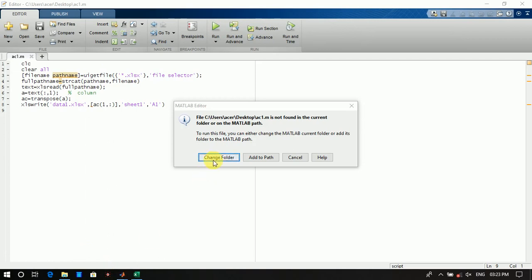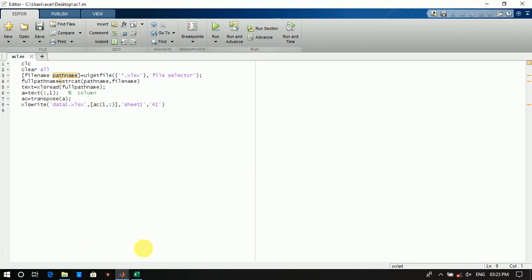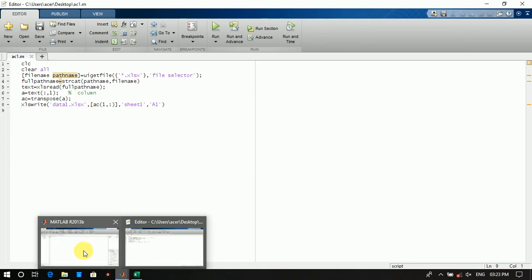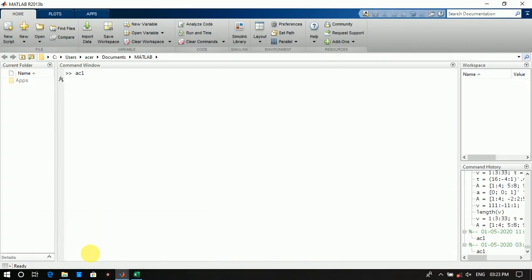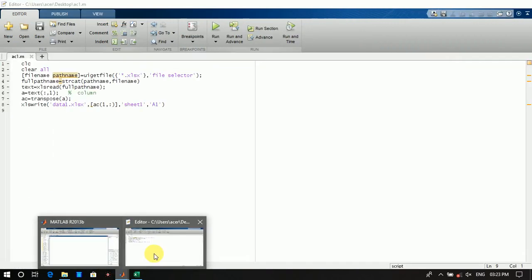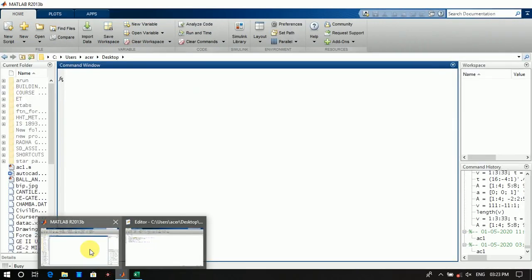Change folder, and it will ask to browse the particular file, that Excel file.